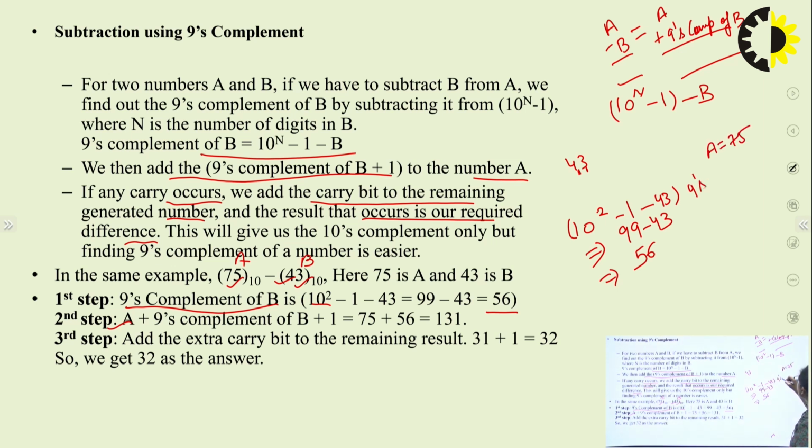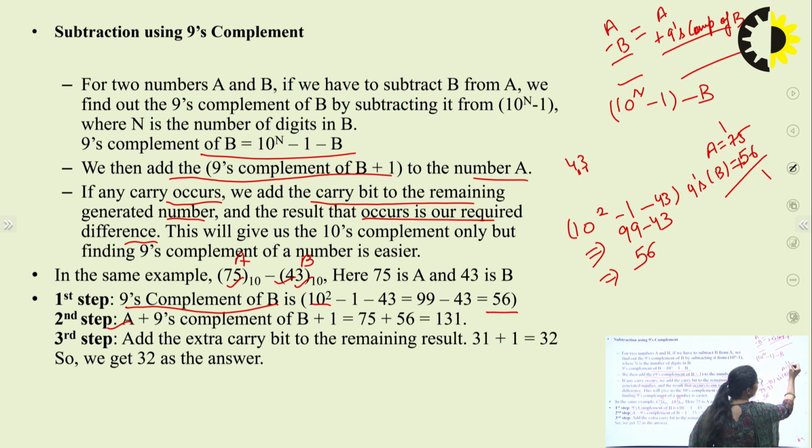And 9's complement of B is equal to what? 56. When we add both the numbers, 5 and 6, 6 and 5, 11, carry 1; 7 and 5, 12, and 1, that is 13. The number is 75,